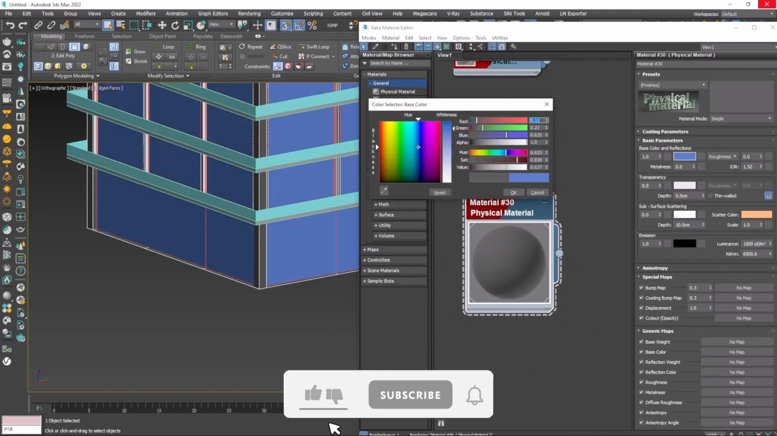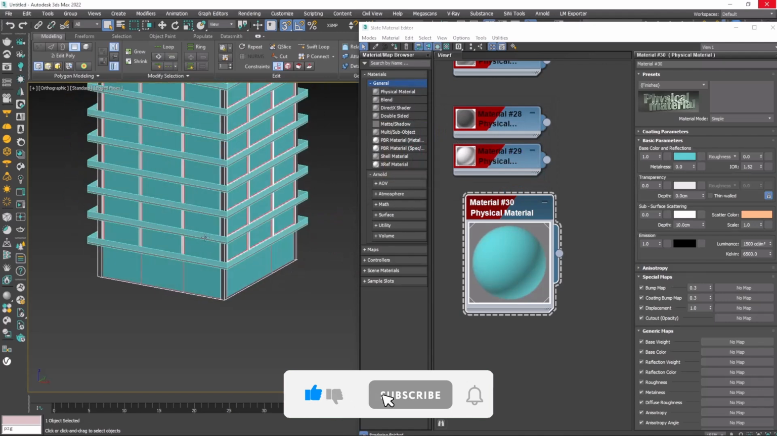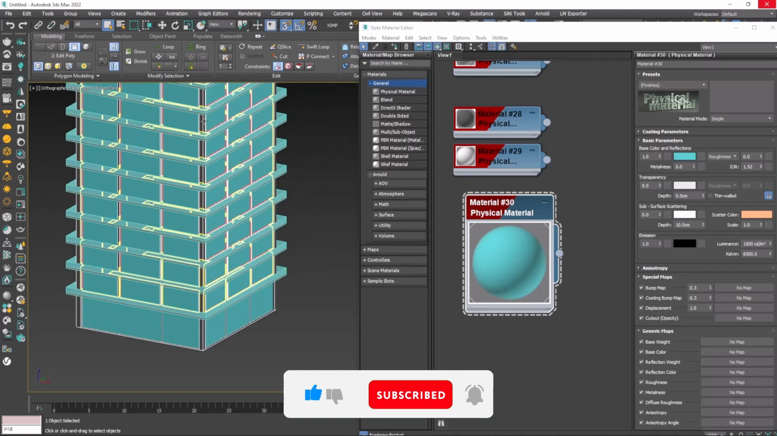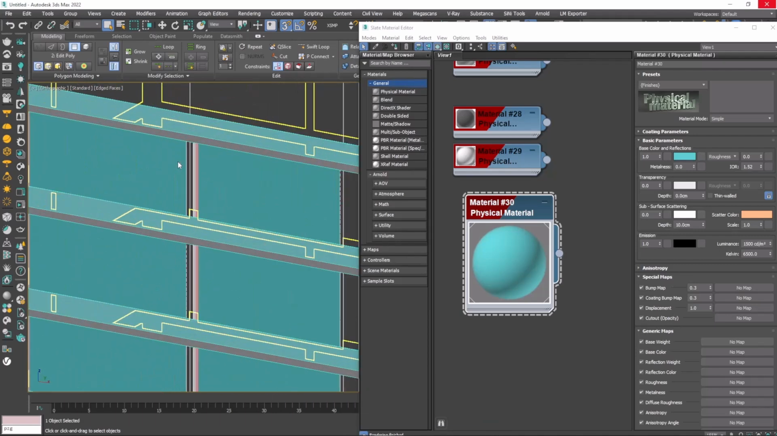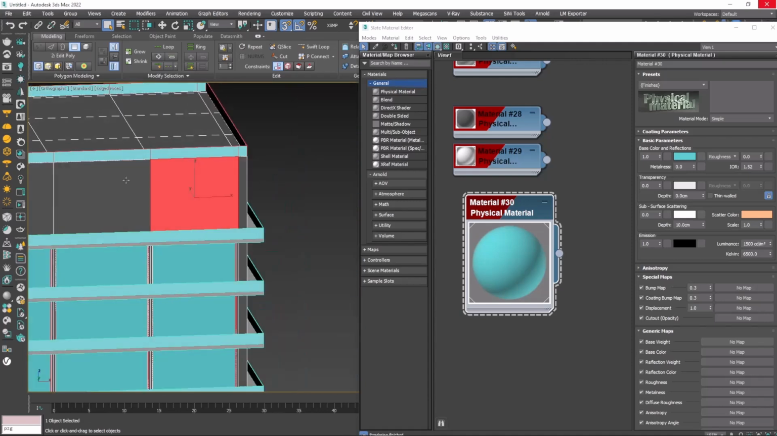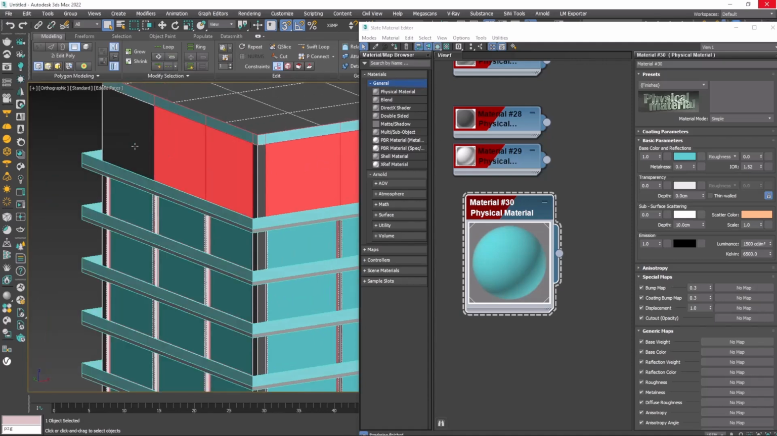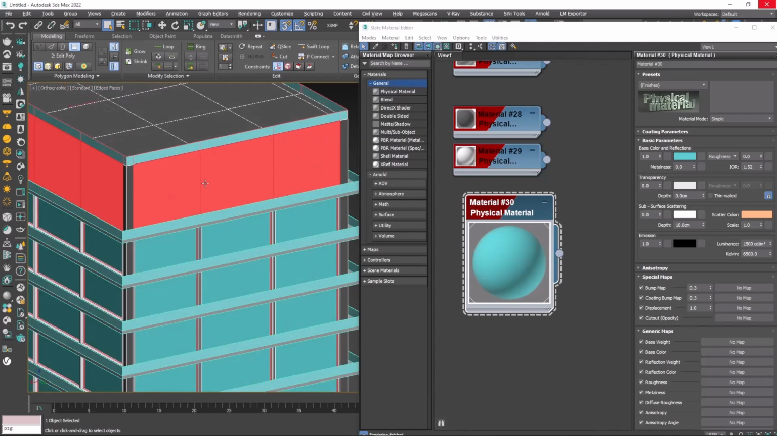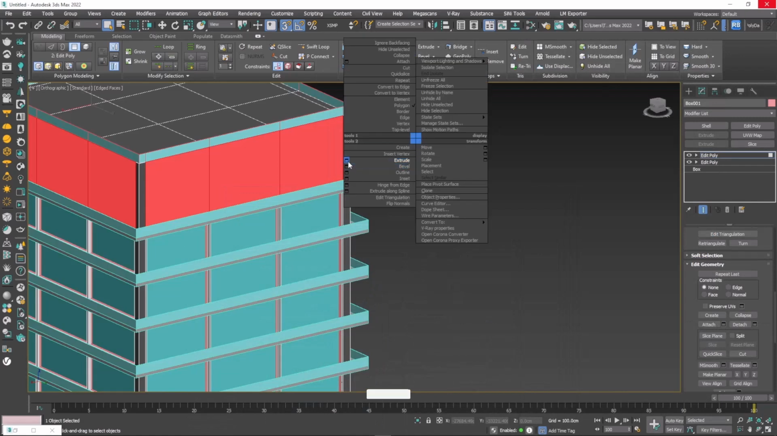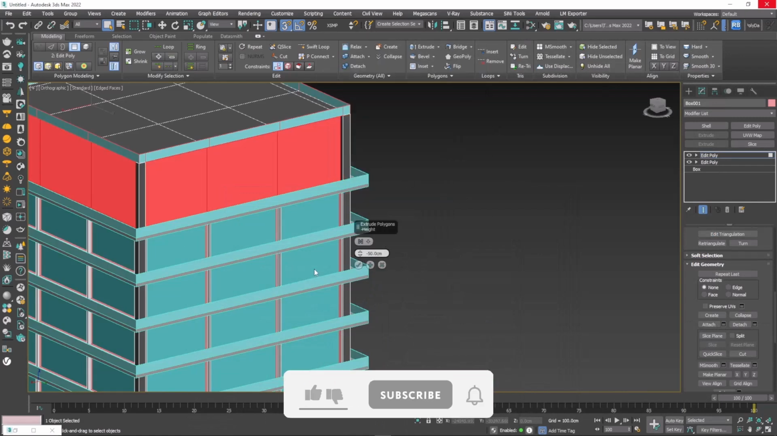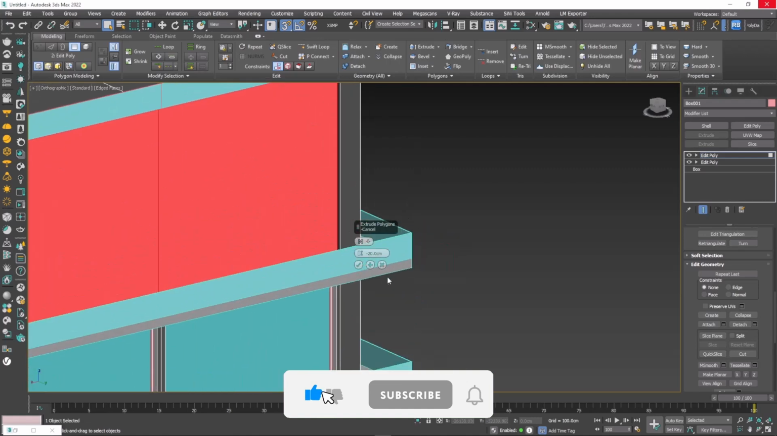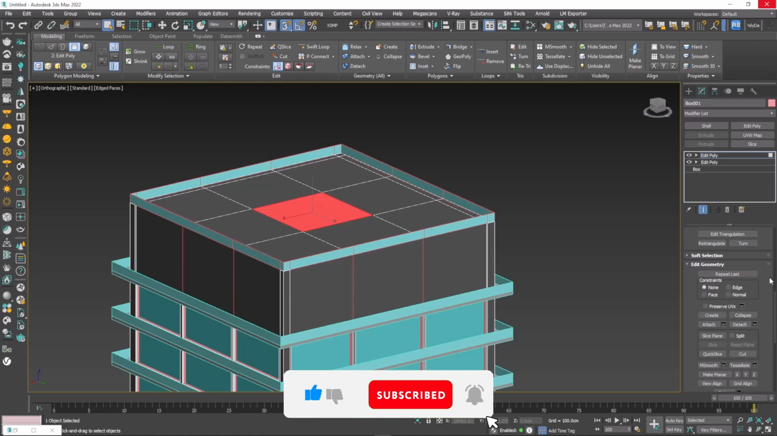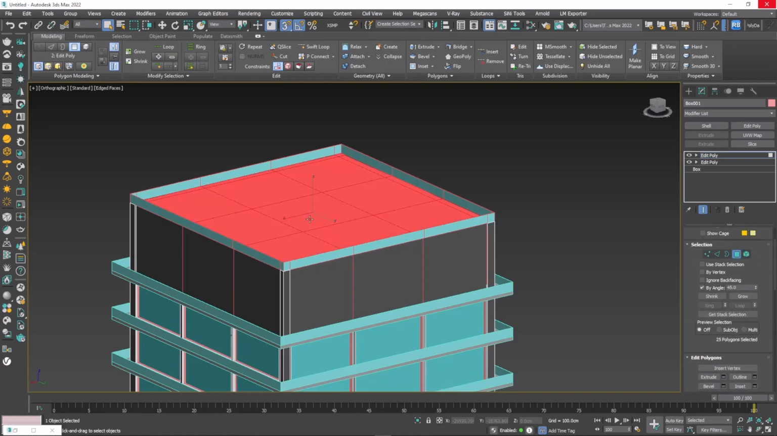I need change the color for understand which one are building and which one are windows. For the last apartment I do it again, negative extrude, and detach. For roof I do it again